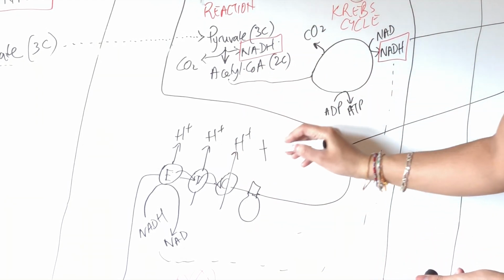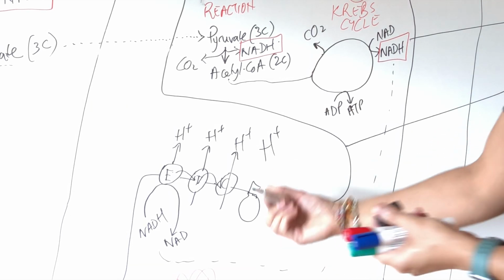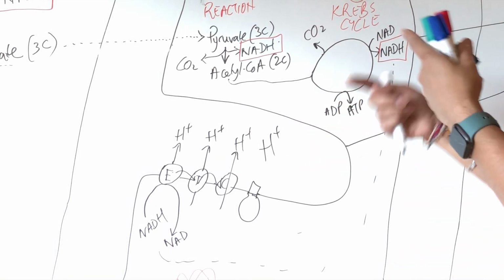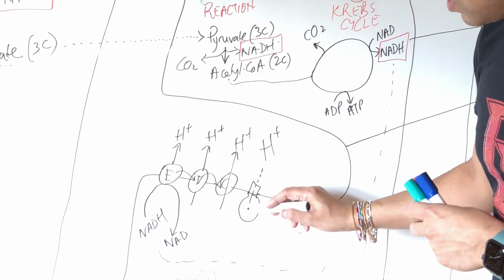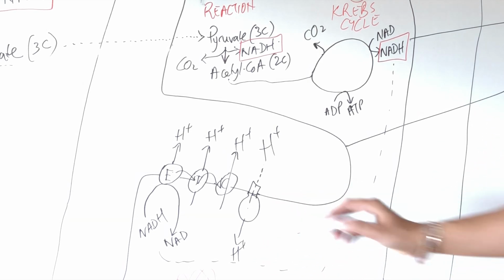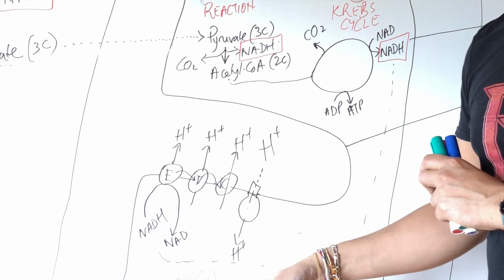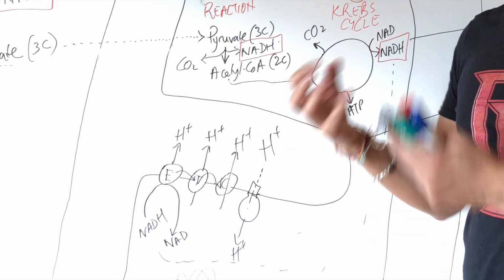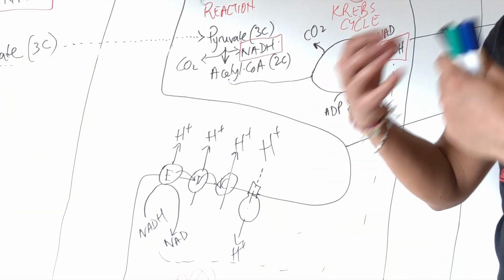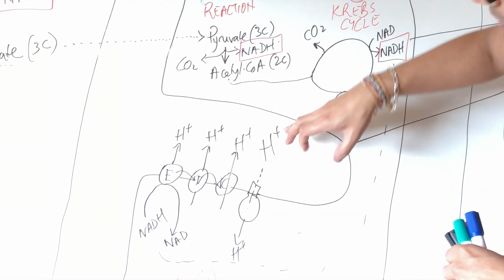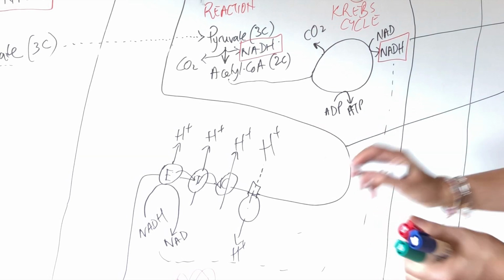Now, there's a huge H+ concentration here, and a much lower H+ concentration in the matrix because they've been pumped into the intermembrane space using the energy of the electrons. Now, the protons are allowed to diffuse back into the matrix through the ATP synthase complex. As they move down their concentration gradient, and remember, when anything happens passively, it releases energy out into the universe. So when something moves down its concentration gradient, it releases a little bit of energy, and as these protons move through the ATP synthase complex from the intermembrane space into the matrix, they release energy,